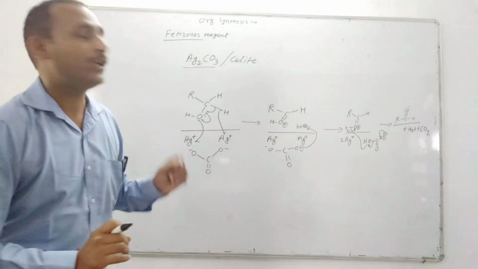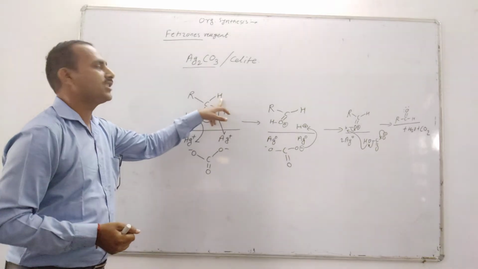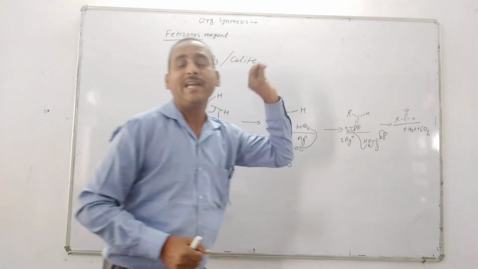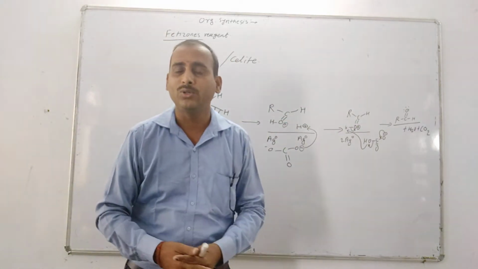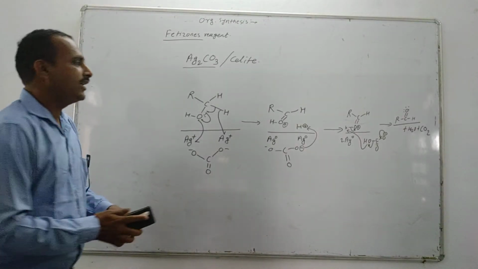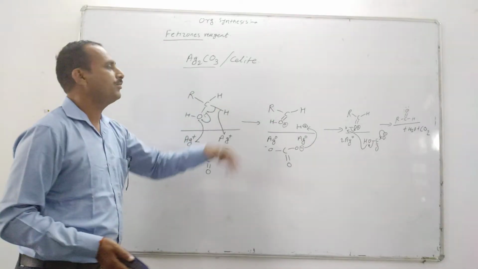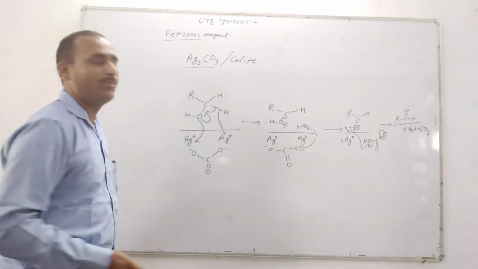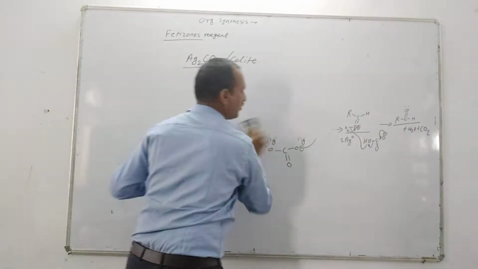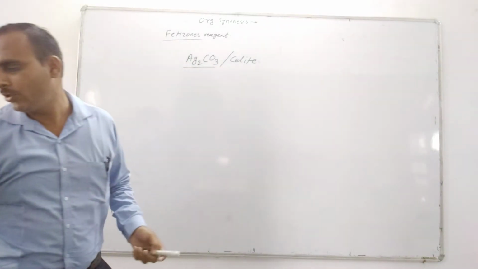So formation of aldehyde takes place by using this Petitjohn's reagent. It means the primary alcohol is oxidized to aldehyde, and similarly if we take an R group instead of H, then it is a ketone, with R and finally R, it gives ketone. It means secondary alcohol is oxidized to ketone by using this Petitjohn's reagent. Now this is the general example and this is the mechanism for the formation of aldehydes from the primary alcohol. Okay, let's see more examples.